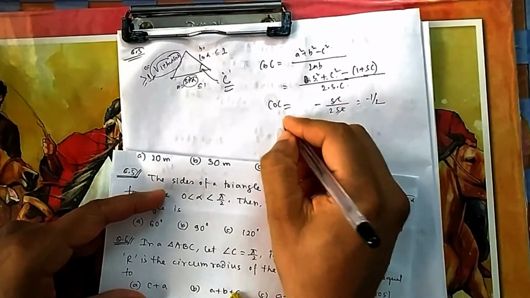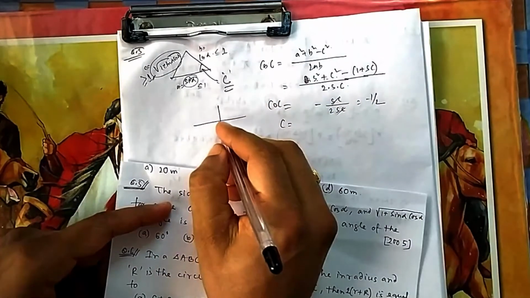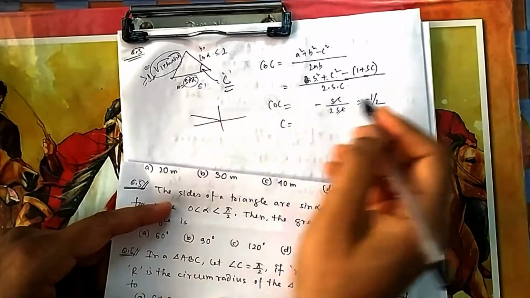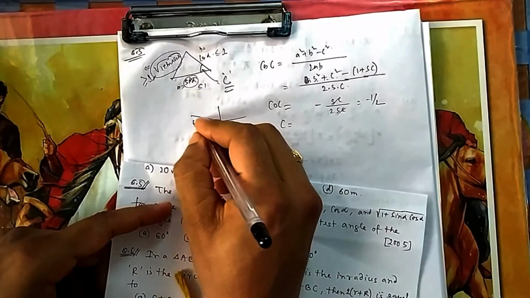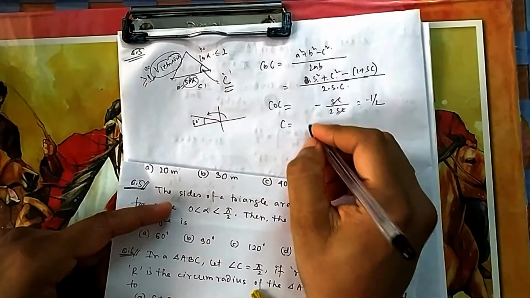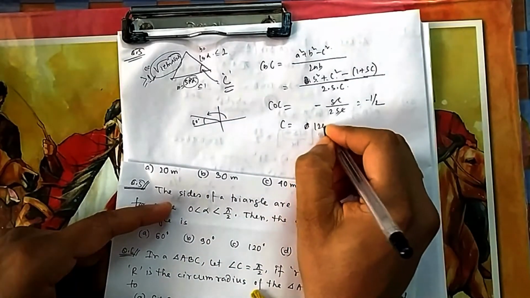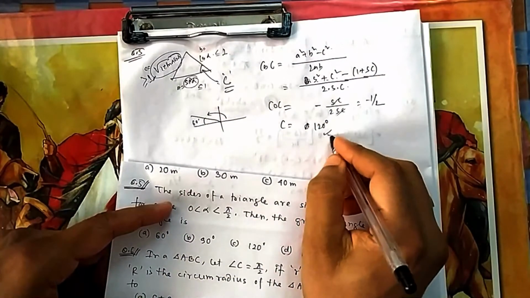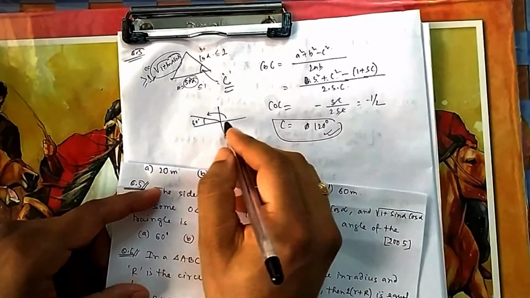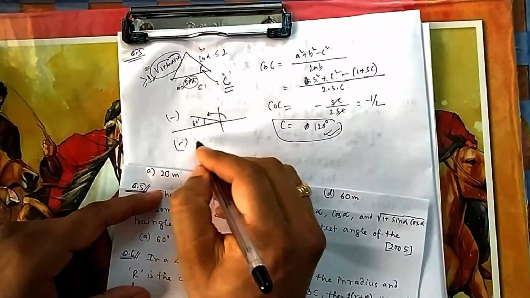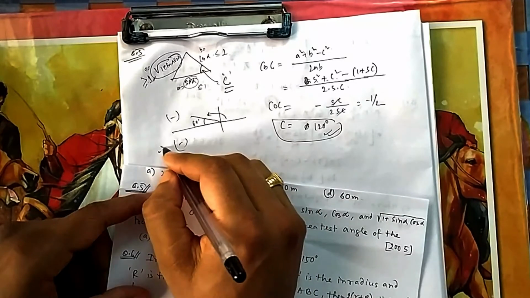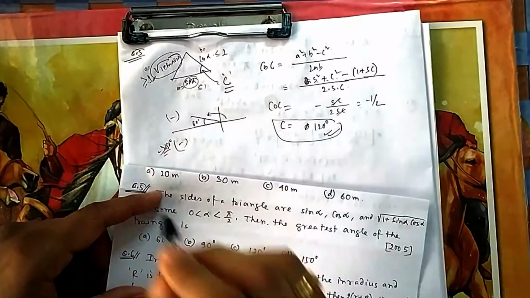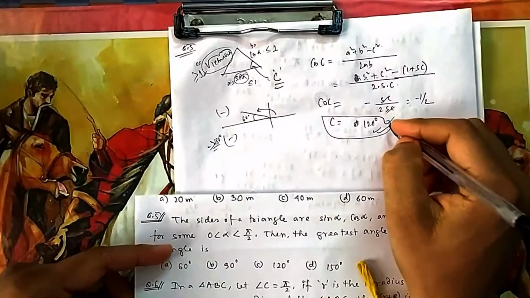So which angle has cos equal to minus half? Cos is negative in the second quadrant, and cos half means the angle is 60 degrees. So from here it will be 180 minus 60, that is 120. So this is the angle. There are 2 quadrants where cos is negative, the third also, but we cannot take that, because it will be greater than 180, and an angle of a triangle cannot be greater than 180. So obviously this one is the answer.